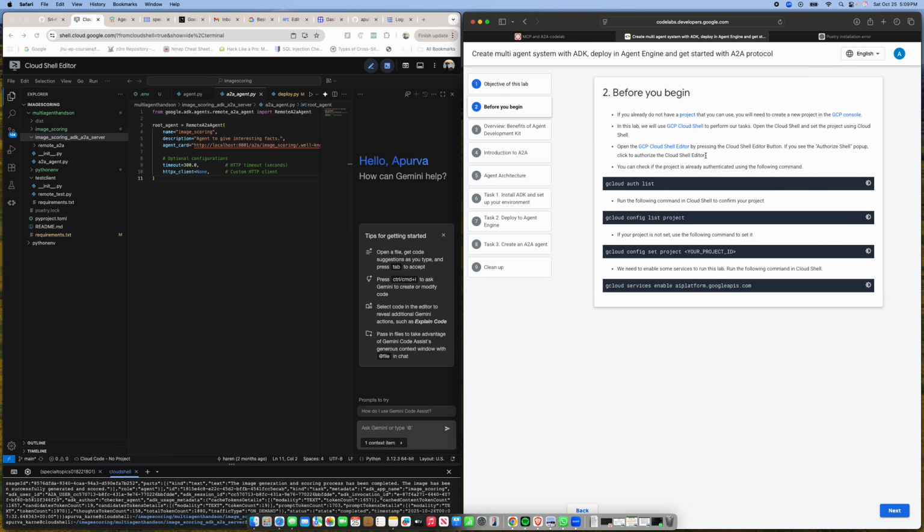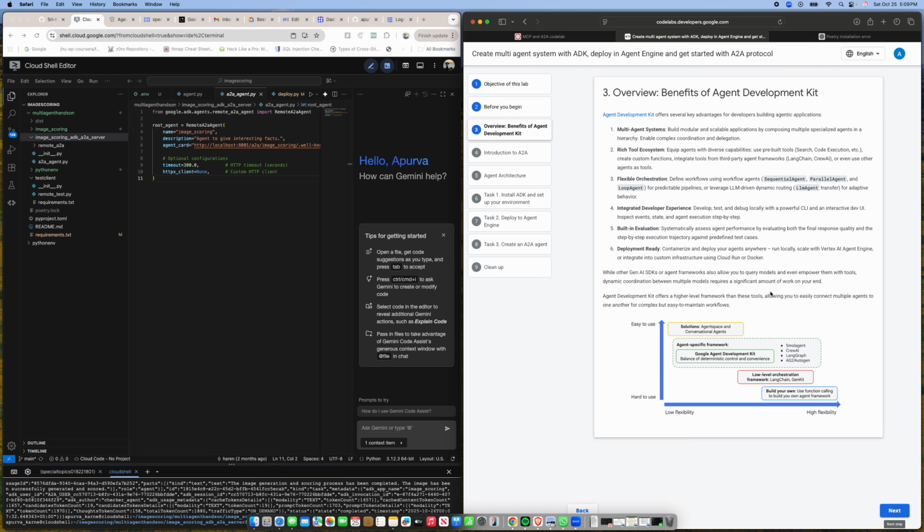This is how we set up our cloud profile. This is the first thing that we need to do in the shell editor. And then after that, these are the benefits of using our Agent Development Kit. We can create multi-agent systems, and it's also a rich tool ecosystem